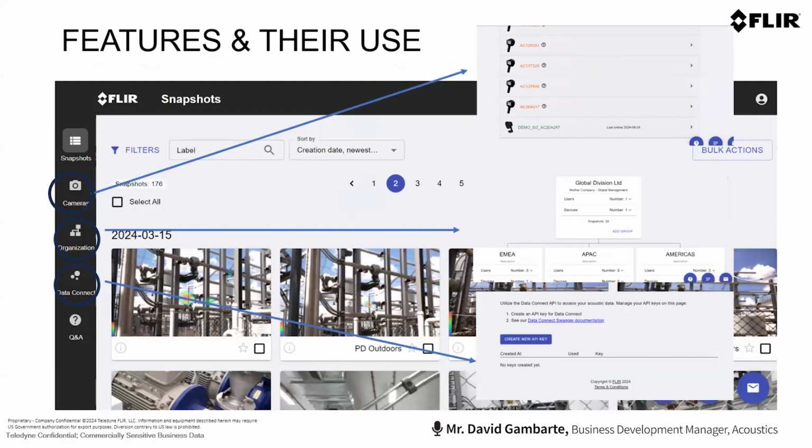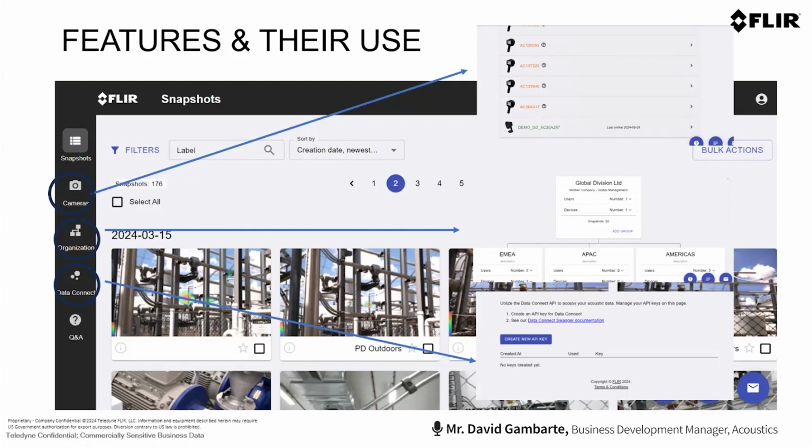So this is how it looks, and I will go through the different areas step by step. Here, if you can see my cursor, I'm circling the cameras area, where you can have all the paired cameras in your own cloud under your own credentials. So you will have control of what cameras are paired with your cloud. It means that when you or someone else performs an inspection with the cameras that are in green, paired with your cloud, all the snapshots related to the inspection will go to your cloud.